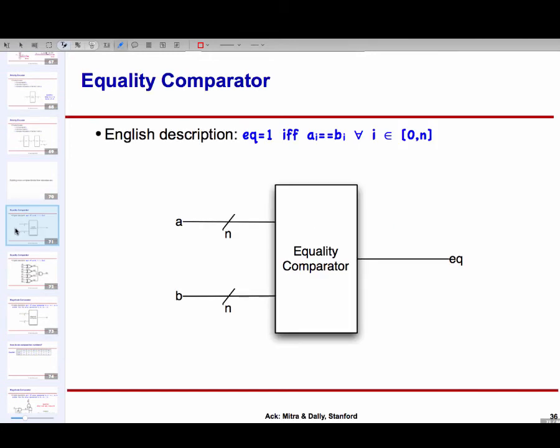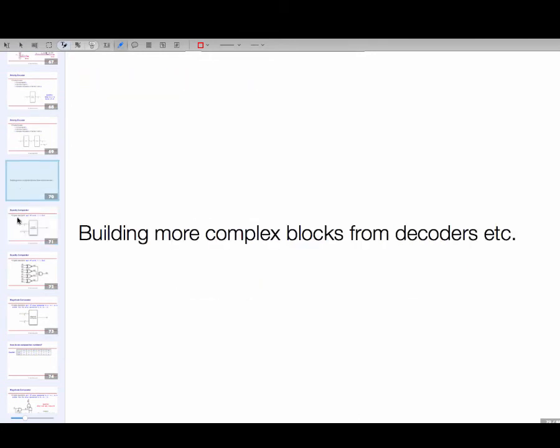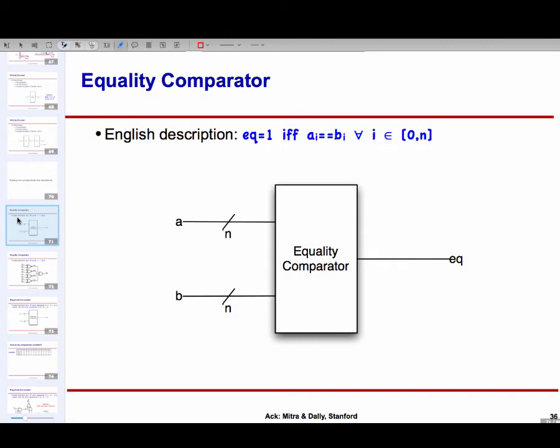So let's take an example. Let's say I want to create an equality comparator. In programming languages, we all have this operator equal equal, right? When I say x equal equal y, it means x and y have the same value. Or another way of saying it is the bit representation of x and the bit representation of y are exactly identical.